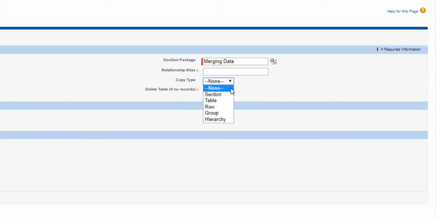So there's a few different types you'll notice here. Section, which will allow you to replicate data in an entire section of a document. Table, which allows you to replicate tables for each child record. And then rows, which will add rows to an existing table. And then the last copy type that we're actually going to cover today is grouping. And grouping allows you to group information into individual tables based off of one or multiple fields. So we'll go ahead and start with section